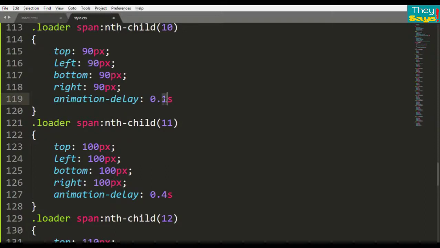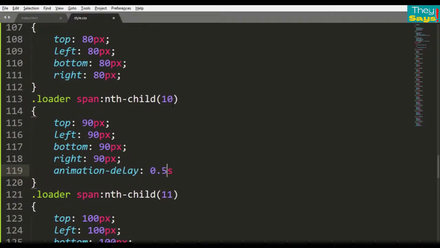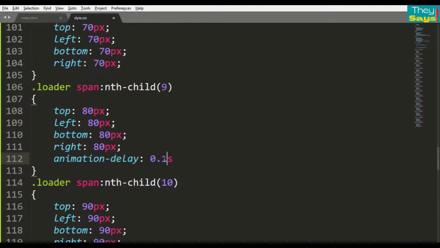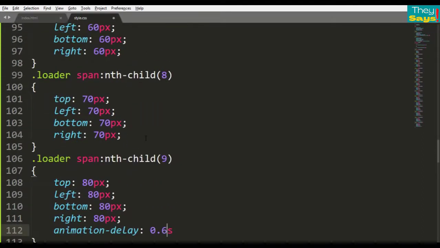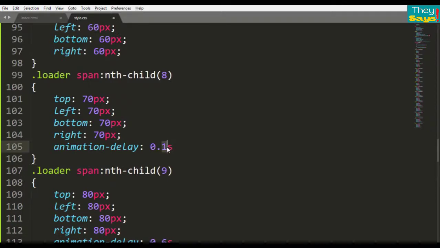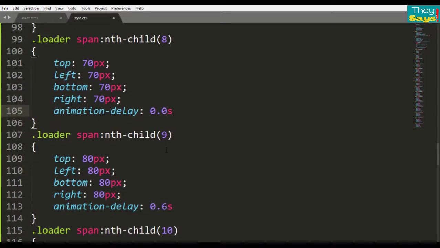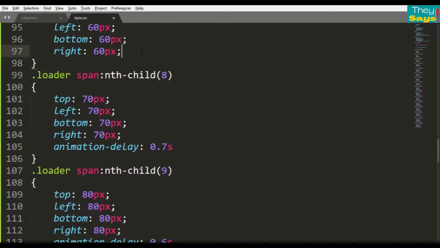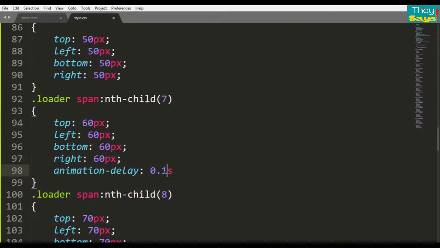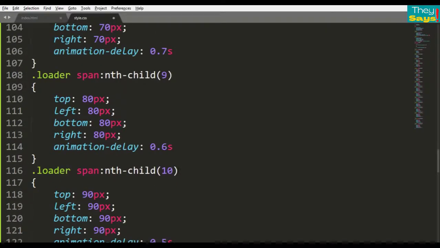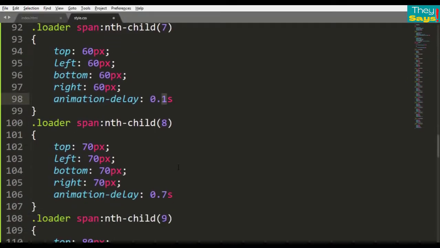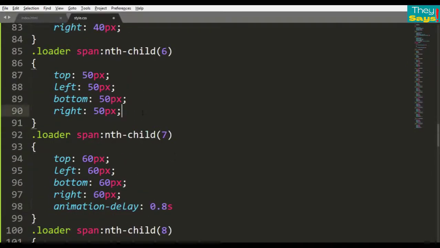Child number 10, animation delay is 0.5 second. Child number 9, animation delay is 0.6 second. Child number 8, animation delay is 0.7 second. Child number 7, animation delay is 0.8 second.